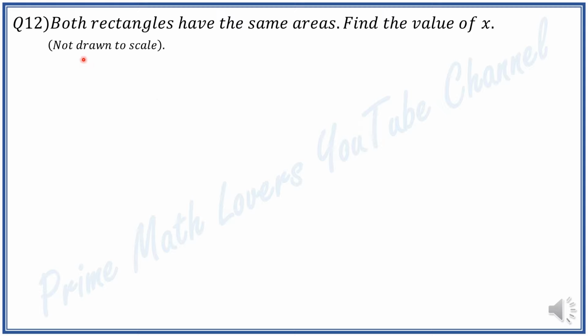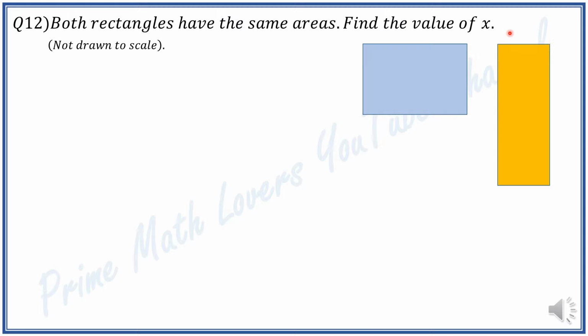Question 12. Both rectangles have the same area. Find the value of x. These both rectangles have the same area, and they gave us the sides of the rectangles, and we need to find x. To solve this, we need to find the area of both rectangles and set them equal to each other. So the area of a rectangle is